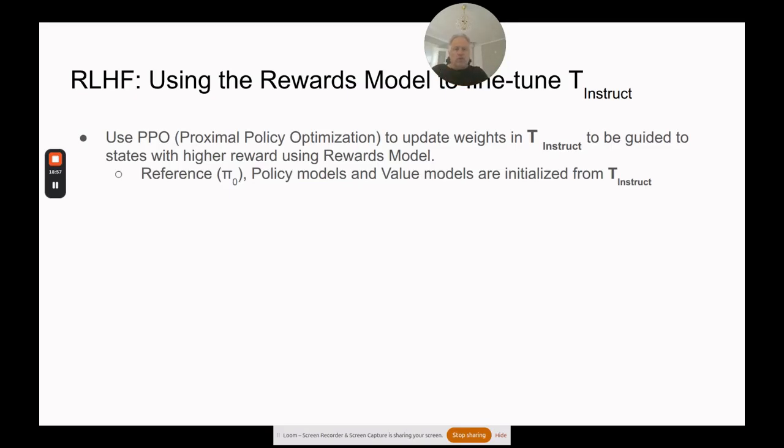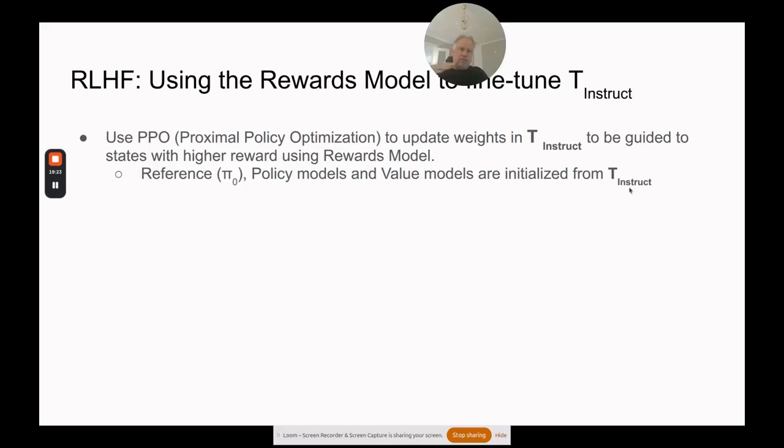Okay, so there's essentially one policy model that matters, but we're always keeping a lagging copy of it as we're iterating. Okay, so we have a policy model, and then we have a value model. So what PPO does is it learns both the value model and the policy model simultaneously. That's kind of the point behind it. And these are all